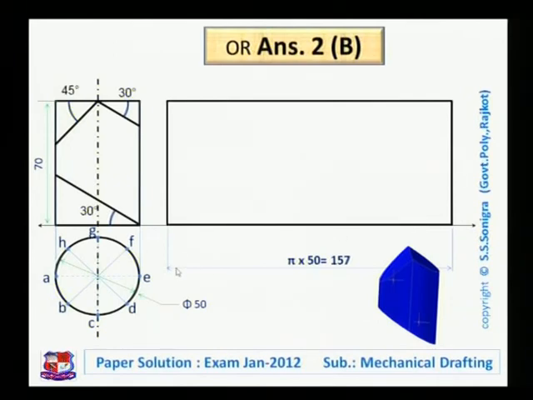But this cylinder is cut over here, so to draw this cut portion, we have divided this cylinder into 8 equal parts. So divide this width into 8 equal parts like this, two equal parts, again 2 of each. So this is the division of its periphery into 8 equal parts. So divide this developed rectangle into 8 equal parts. Name the points A, B, C, D, E, F, G, H and A.